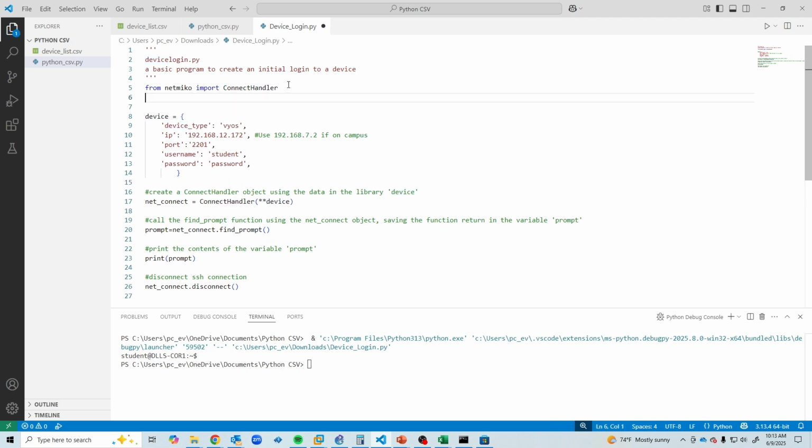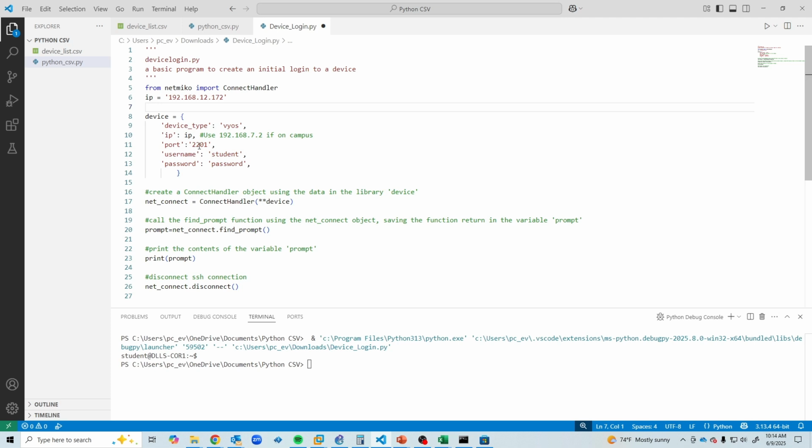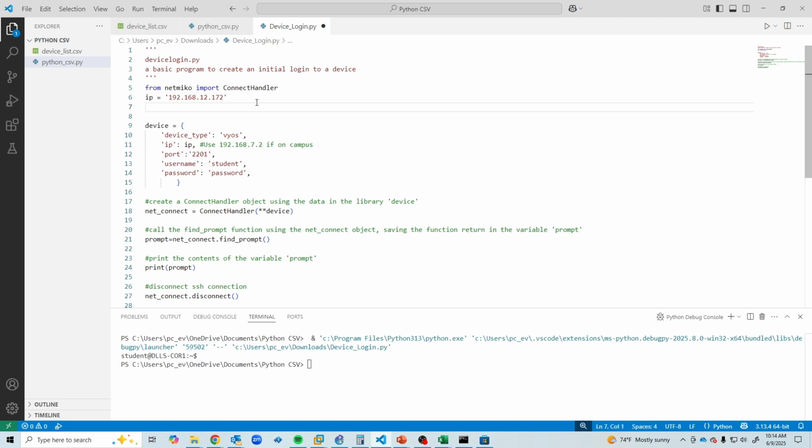Now, if I wanted to use variables, I could do it just as easily. So let me come up here and I'll say device type. Let me just say IP. IP is equal to 192.168.12.172. Now here I can replace the string value for IP with the actual text or the variable name IP. And then I can do the same thing for port, or let's just do name and password. Username, name is going to be equal to, and I'm using a different username and password than what you'll be using for the actual lab that you use in class. So username is going to be student,